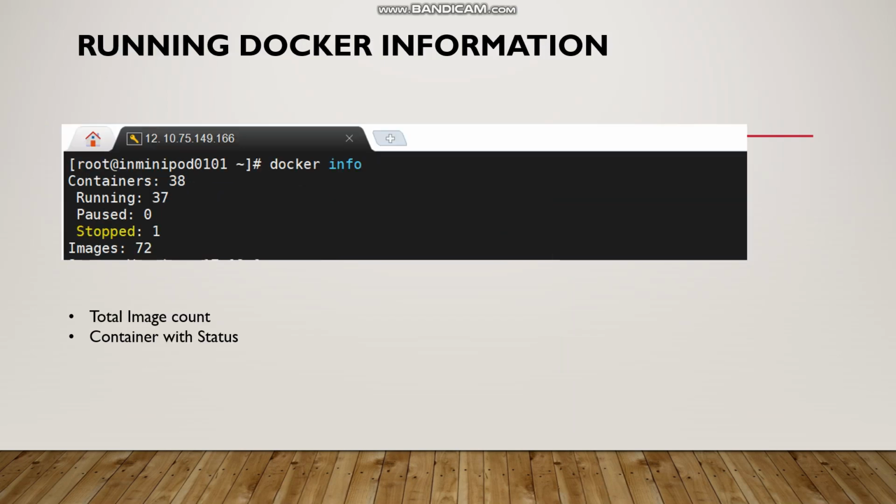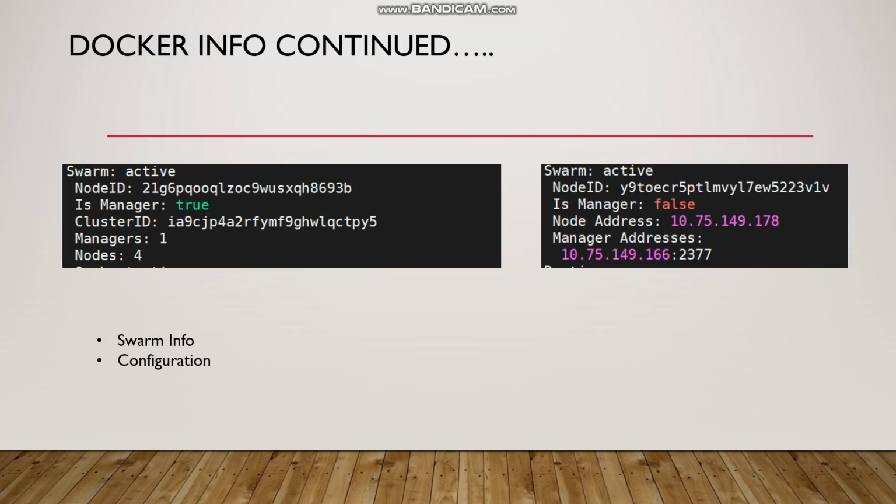Moving back a bit, looking at Docker info, right now we are able to gain a couple of pieces of information. Here Docker info is run on two machines, which is a comparative analysis. The first machine is swarm active: if there is a swarm detected on your machine, that is, it is a swarm architecture, then Docker info will tell you swarm is active. The left-hand machine is a master machine, while the right-hand machine is the slave machine.